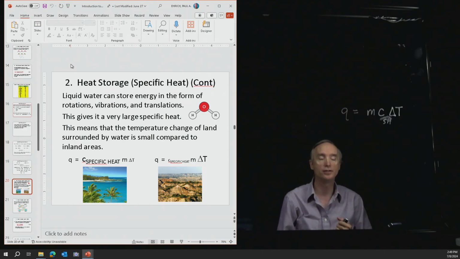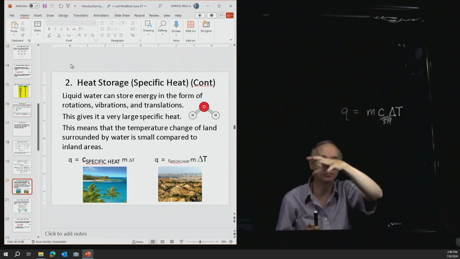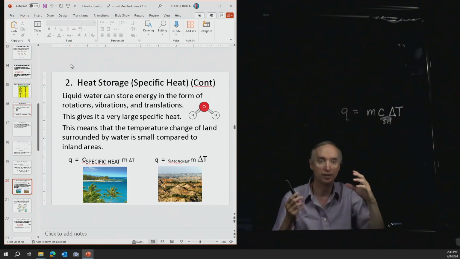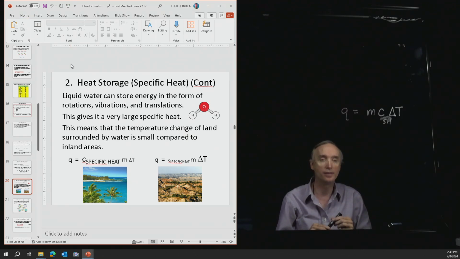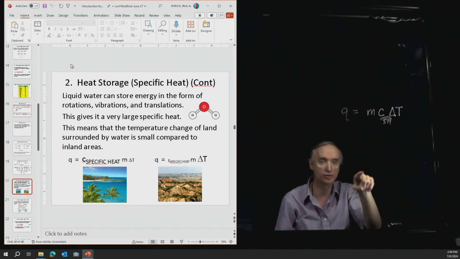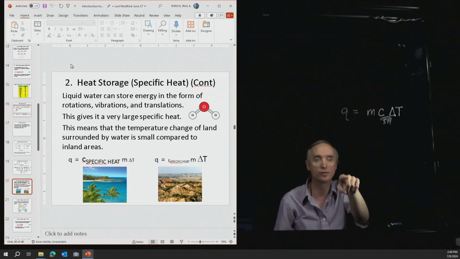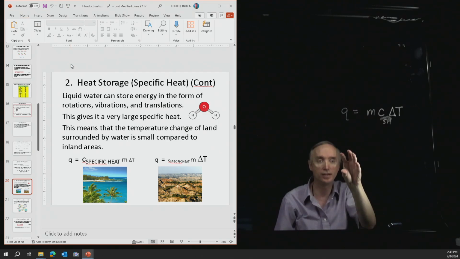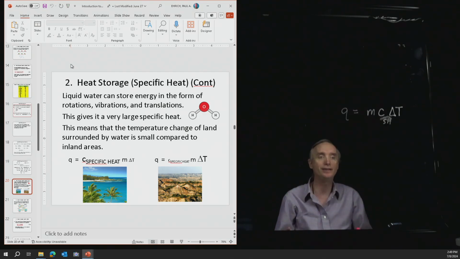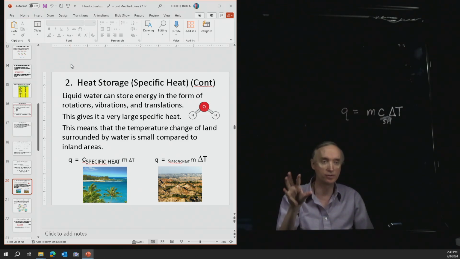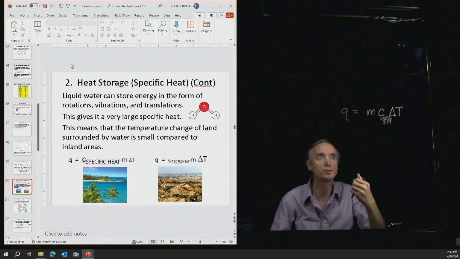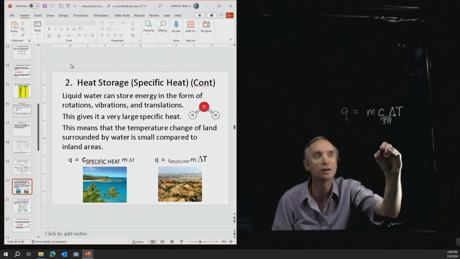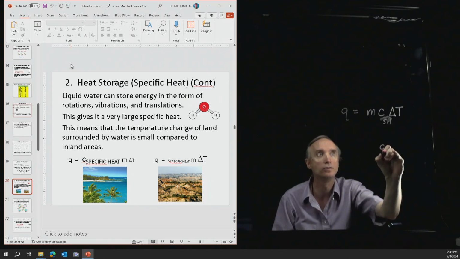And so imagine that you have an island that is surrounded by water. So maybe it's the Hawaiian Islands. And then let's pretend that we're talking about South Dakota. All right, so South Dakota is over there on the right, Hawaiian Islands is over there on the left. So South Dakota is going to be made of rocks, and rocks, if you look them up in the chart of specific heats, you find that it is very small. So the specific heat of rocks is going to be a very small constant.